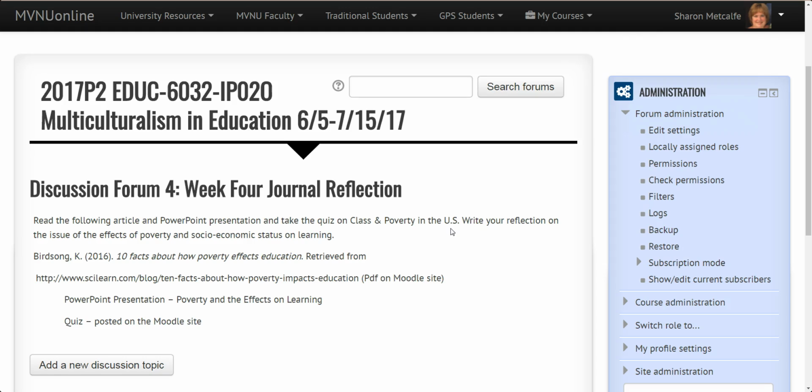So in your reflection, a safe bet whenever you write a reflection on something is choose 3-ish things. So you want to pick three or 4 things that stick out to you, that maybe, just like you did with the reading, things that either you take issue with or you didn't know before or you want to learn more about, just things that stick with you. Okay, so that is the discussion post for next week.